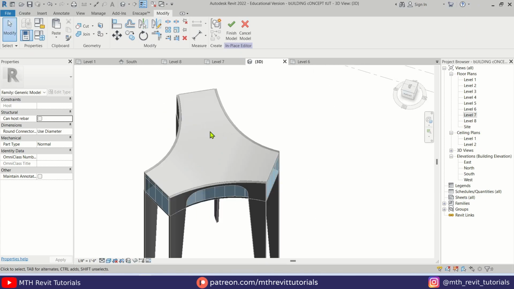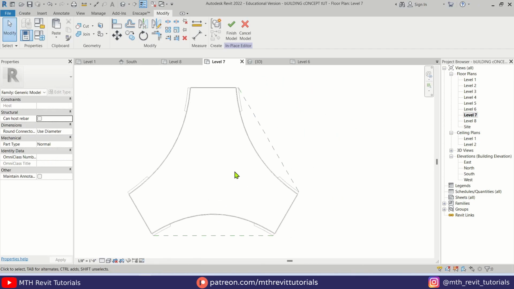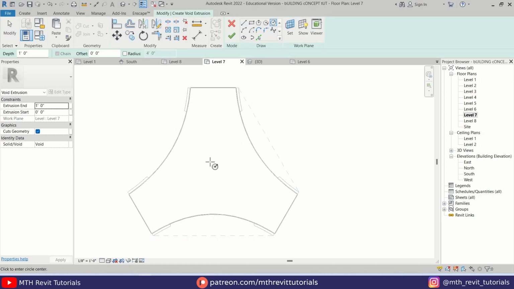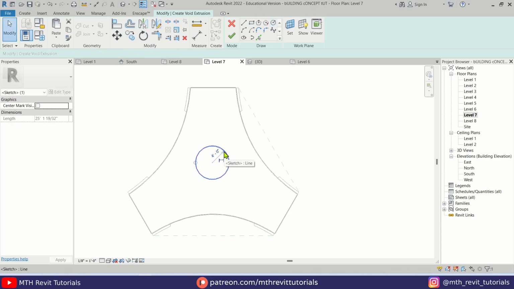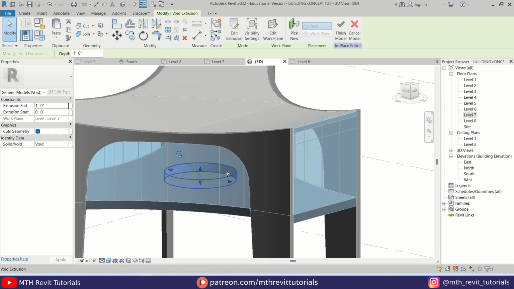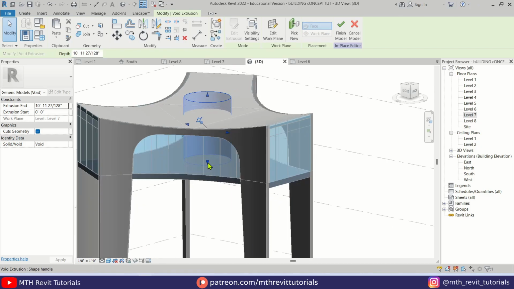Now we want to create an opening here for the staircase. So for that also we can use void. Just go to create, select void, void extrusion, and this time we'll create a circle from here, maybe 4 feet radius. Just move it down a little bit. Then just click finish and see we have this void which we can just drag through the top as well